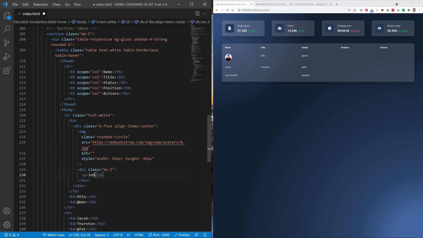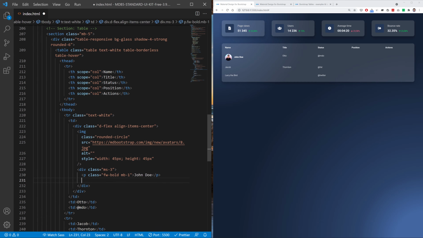The first one will be the name, John Doe, let's say, and of course you can use whatever name you want. And let's add fw-bold to make this text bolder, and let's decrease the margin bottom to mb-1. Now below, let's add another paragraph with the email address